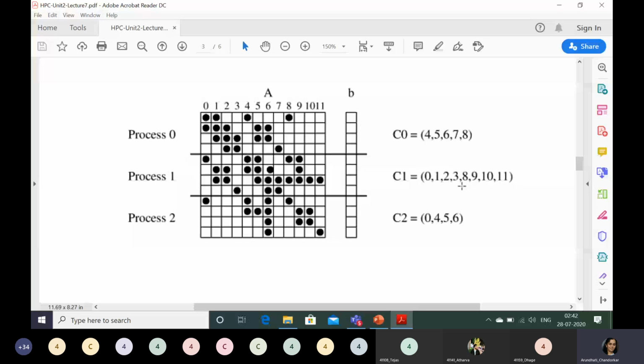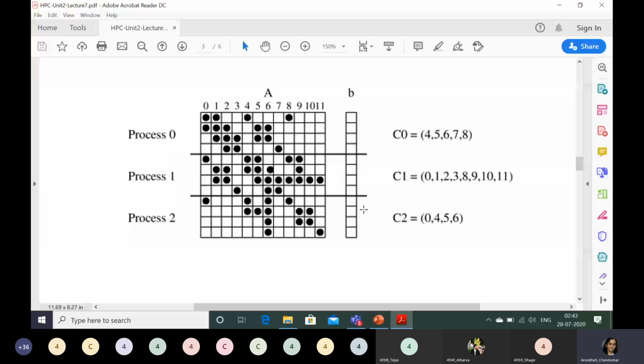Just do it at home or solve it on your notebook, so you will come to know. Already the solved problem we had seen, so I think there should not be any problem in understanding. Only we are dividing here into 3 processes. Again, focus on the last list. This also we will complete.